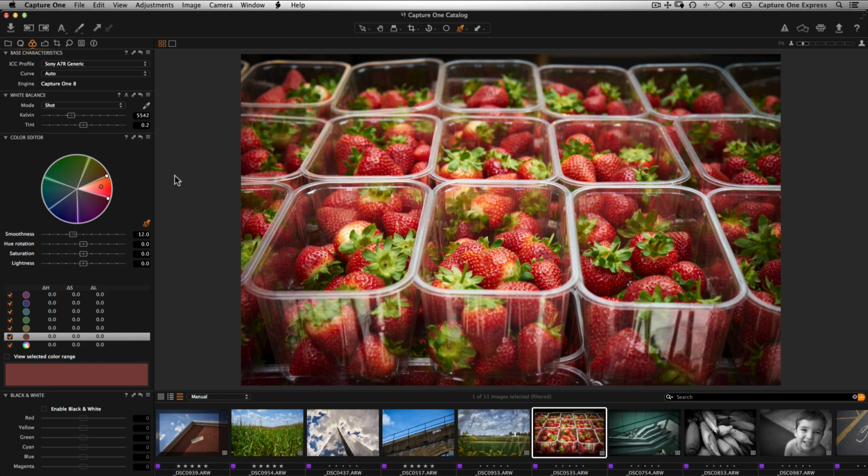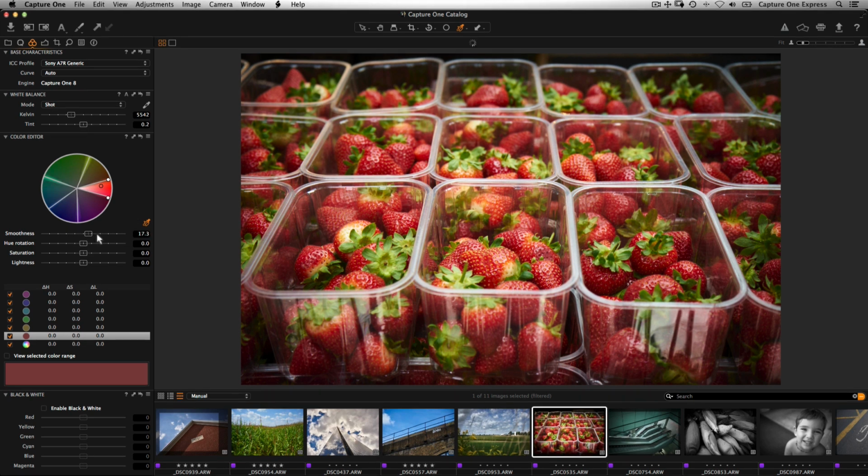To verify exactly what colors in the image will be affected, check the View Selected Color Range box. Any part of the image that will not be adjusted will be shown as black and white. The mode can be left on as the range is adjusted to get a very precise idea of what colors are part of the selection. When you are happy with the selection, turn off the color range selection and adjust the parameters.